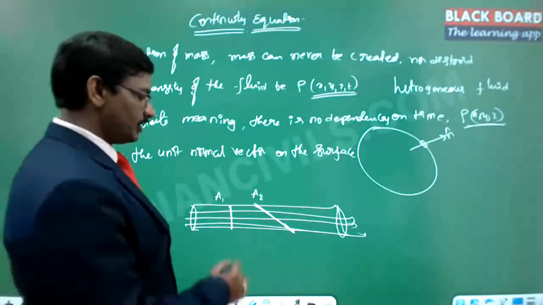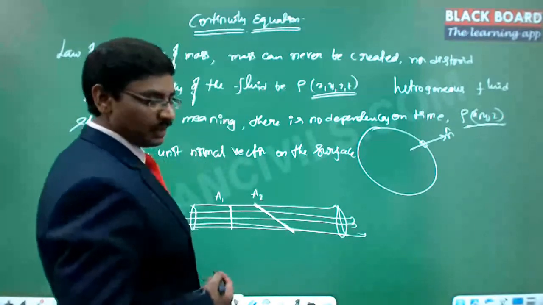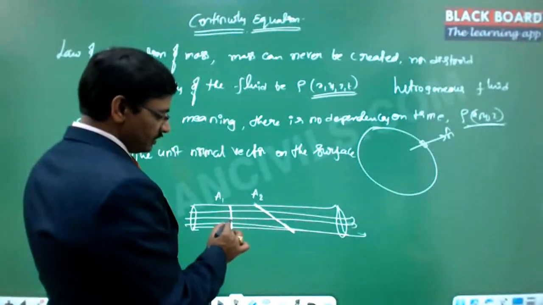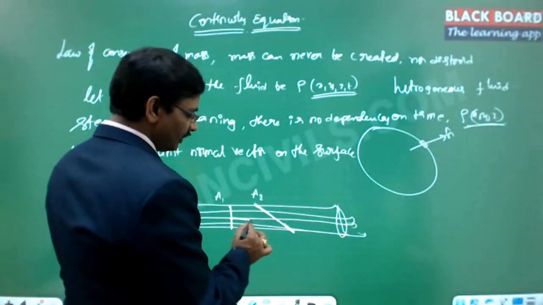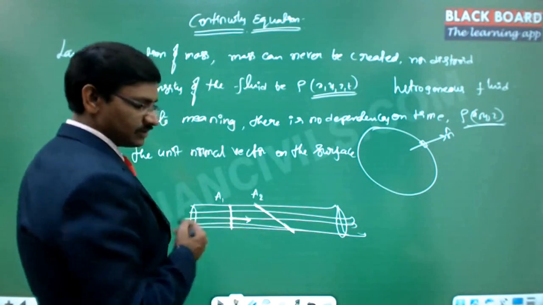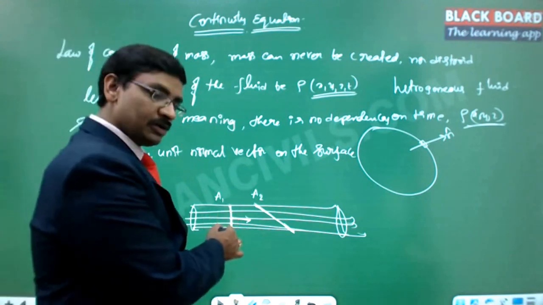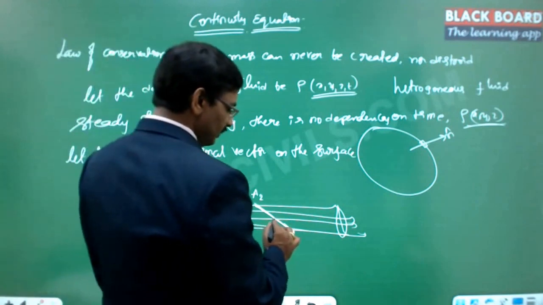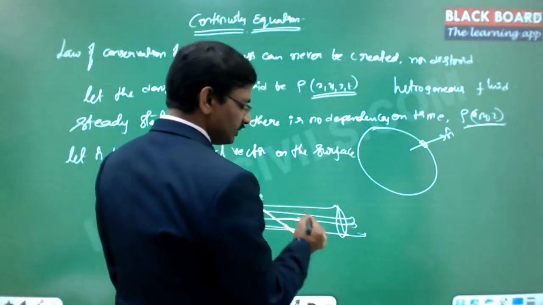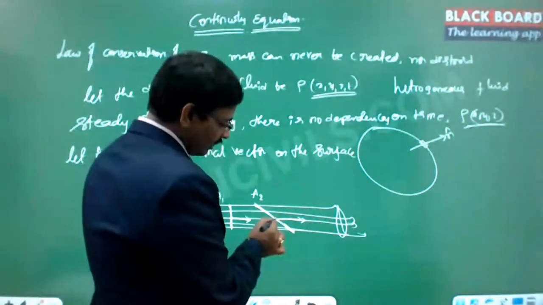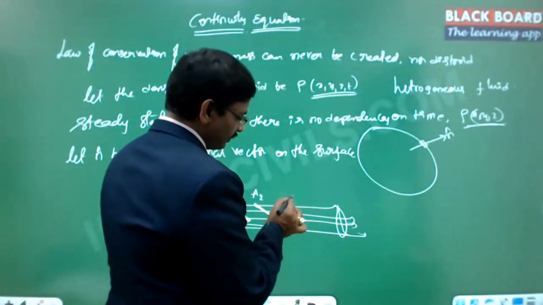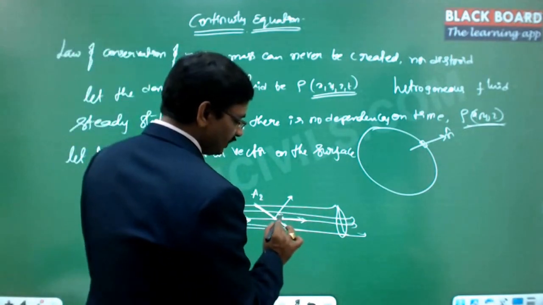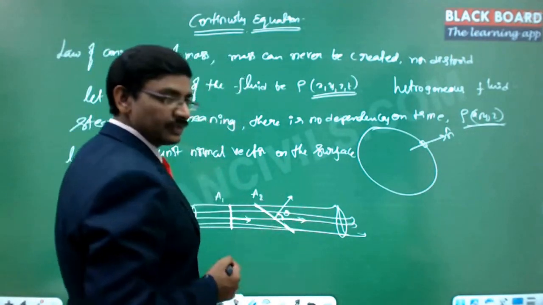Now here, suppose this is the flow direction, and then the normal to this particular surface. In this particular case, if you notice, this is exactly overlapping the flow direction, the normal of this particular surface, right? So the normal of this surface is exactly on the flow direction. Now in this other case, this is the flow direction, and the normal to this particular surface is exactly this way. So this is the normal direction. Obviously it is expected that there is an angle of theta here. So there is an angle of theta.